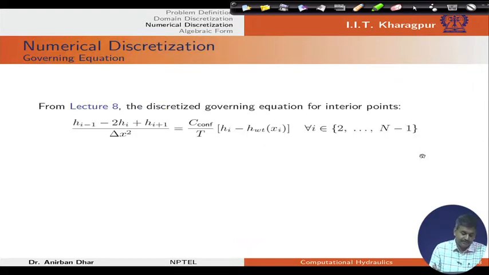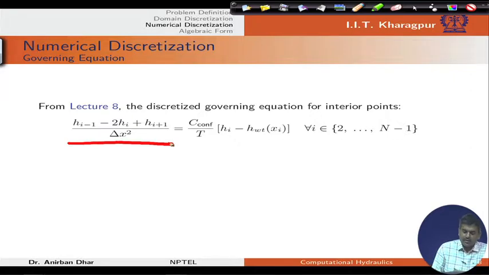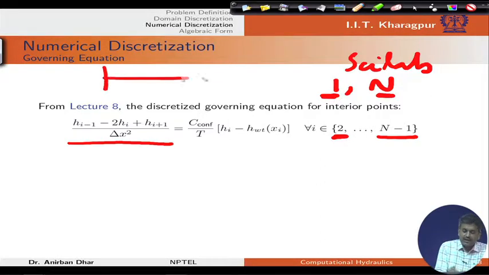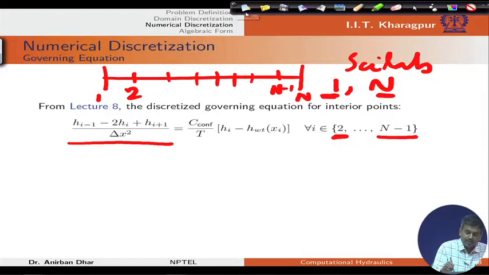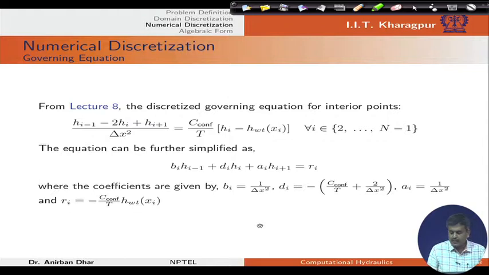From lecture number 8, we have this discretization for the interior node. If we utilize interior nodes, then they run from 2 to n minus 1, because in Scilab we can store the array values running from 1 to n, not from 0. That is why I have excluded this one. It is running from 2 to n minus 1, n is the right hand boundary and point 1 is the left hand boundary. There will be a number of points in between, and we can solve that using finite difference. The equation can be further simplified, we can write it in this format,